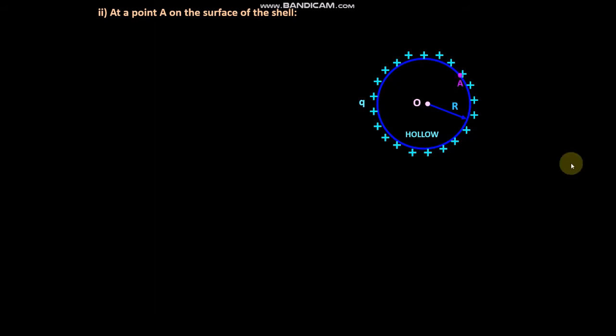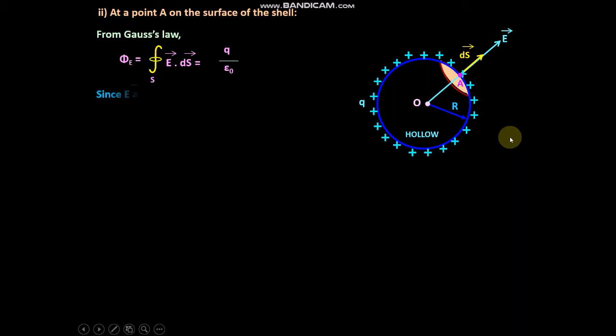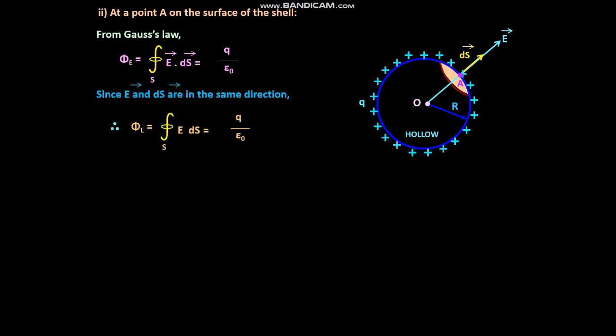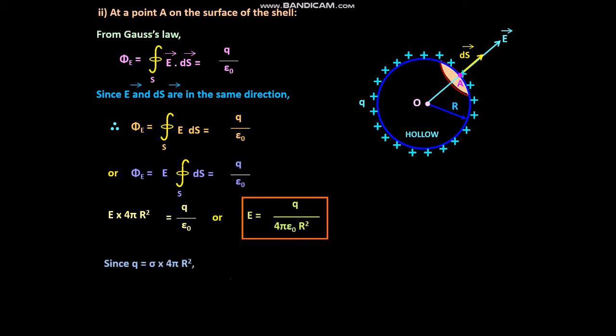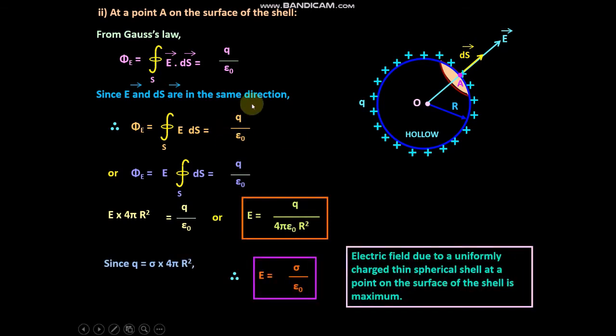So let us take a point A on the surface, and Gaussian surface, a small area ds will be here, and the direction will be like this only, and we'll try to find out. Please check the derivation. If you have any doubt, you can comment. So at the end you will find that E equal to q by 4 pi epsilon naught